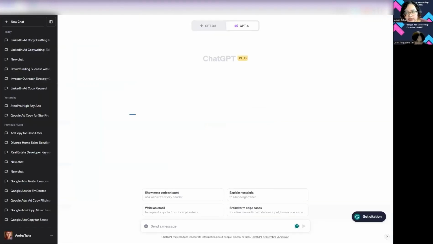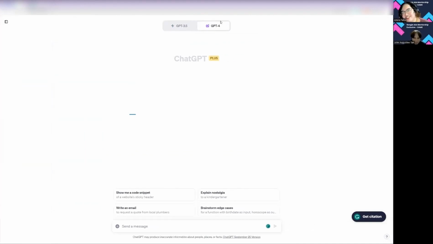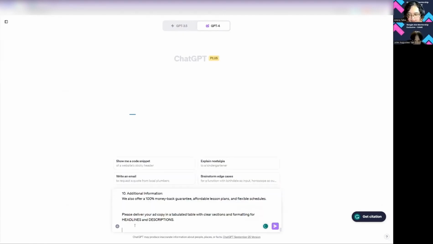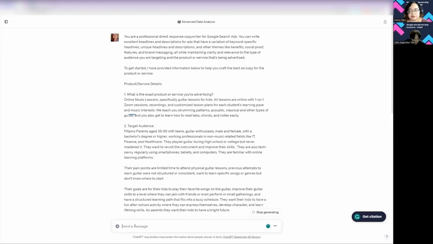So let's load a session with ChatGPT. Okay, so let's get started with ChatGPT 4 since this is what I use a lot in the agency. And sometimes I like to use the version that's right now in beta, which is advanced data analysis. So I would click that, or you can also use default. It doesn't really matter. Just paste your filled out prompt and then hit enter, and you'll see ChatGPT start to